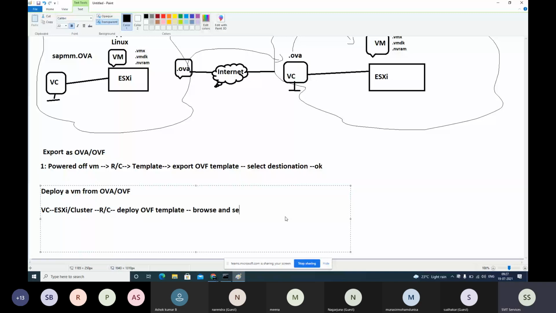Enter a name for the VM. Enter a name and select the ESXi machine where you want to place it, and storage as well.